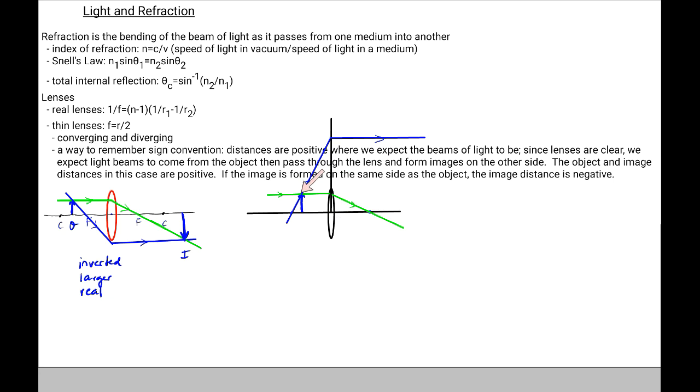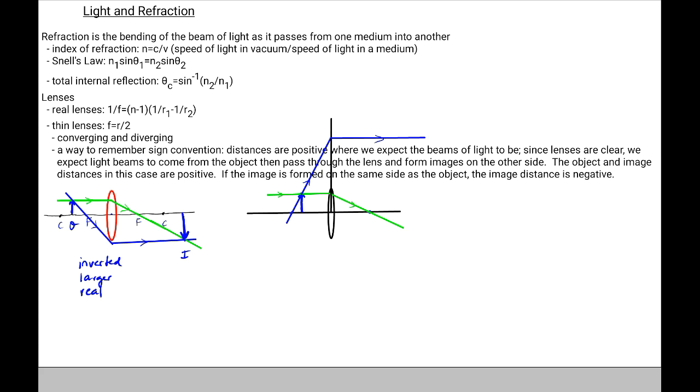It goes through the tip of the object, so it's a pretty steep line here, and then it refracts parallel to the principal axis. So if we look at the refracted beams, we notice that they will not intersect on the other side of the lens. So we have to extend these beams back,